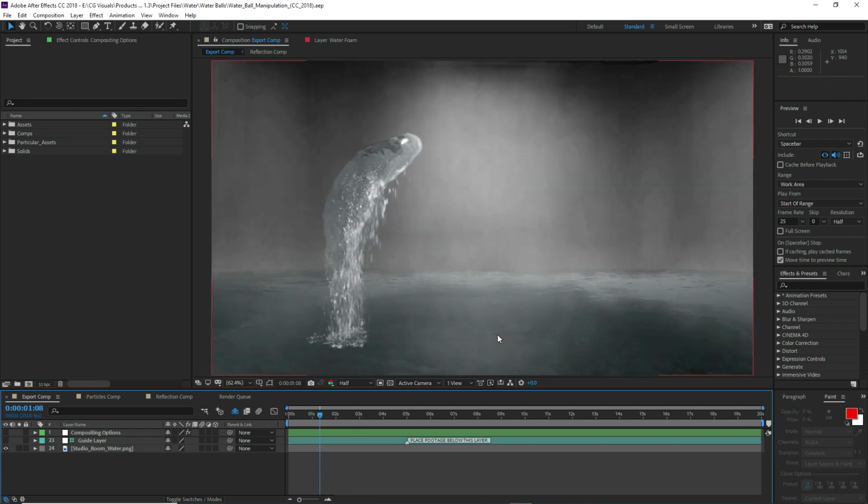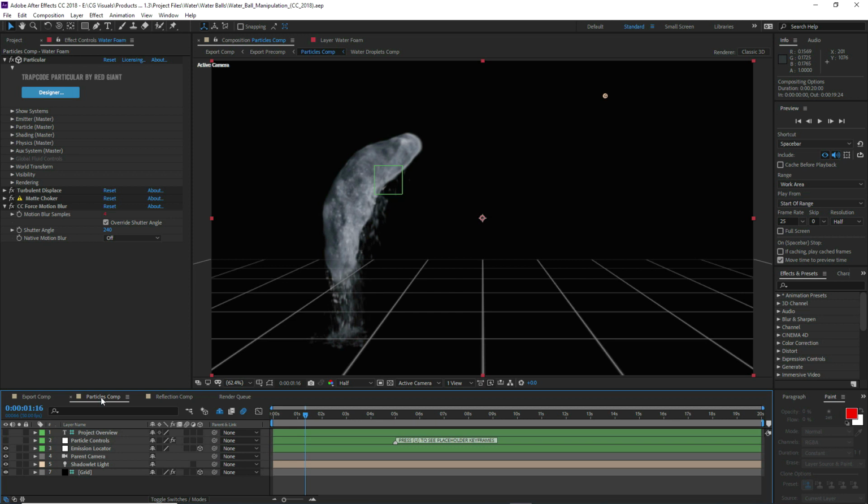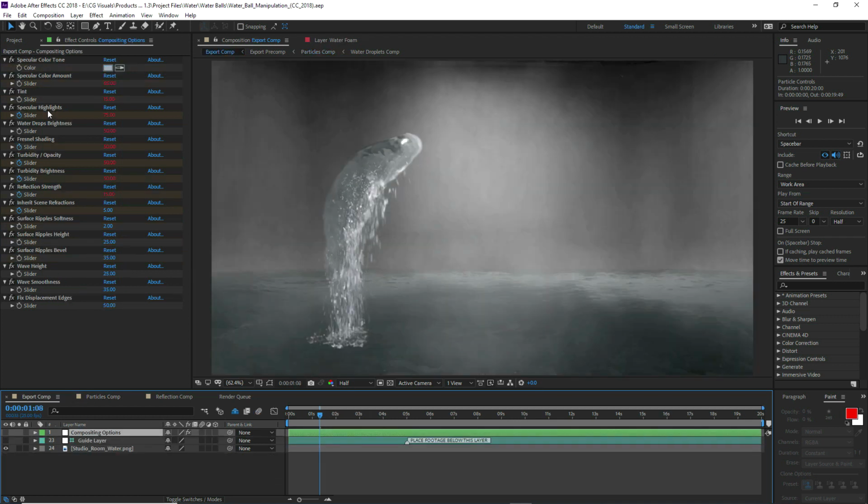Although we won't have time to open up all of the projects, they all have the same layout. So if I discuss principles in one of the projects, then that will apply to the rest of them. For example, they all have this layout as standard. There's an export comp where everything to do with compositing is done in here. A particles comp, which is where you do all of your simulation effects. And at first, it might seem a little bit overwhelming, but when you go through these, you'll see these repeated